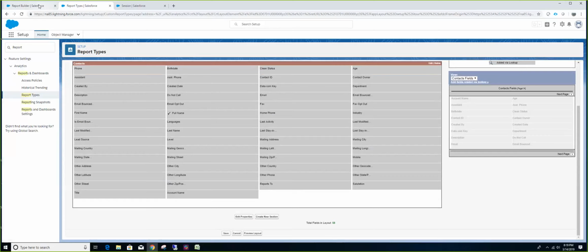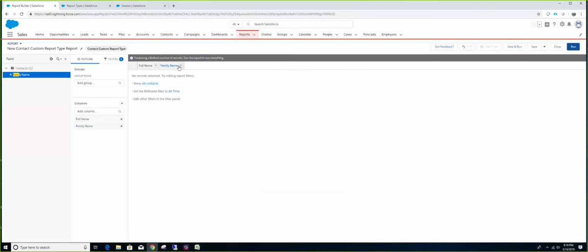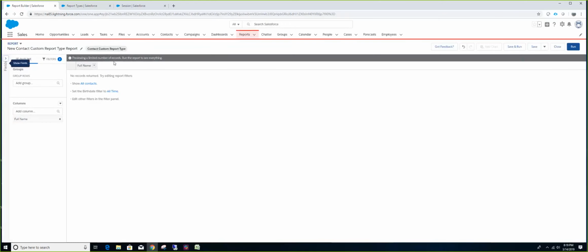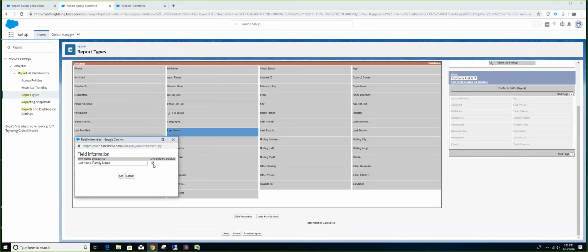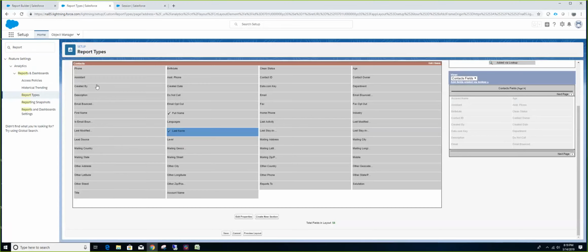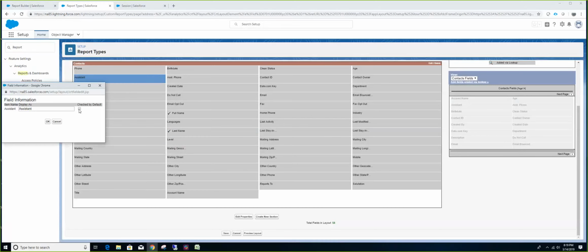Now you see, when you create the report type, unless I select the field, no fields are selected by default. So what we can do is double click it and choose checked by default.